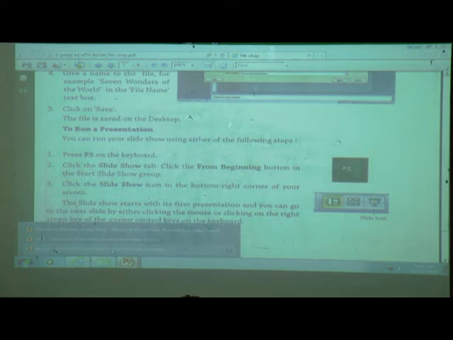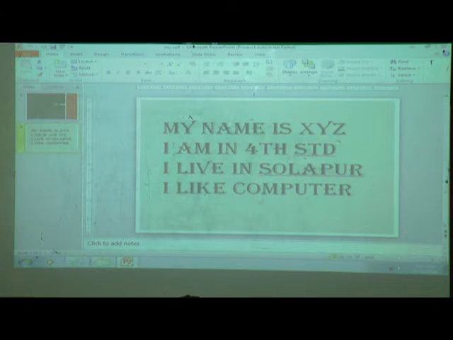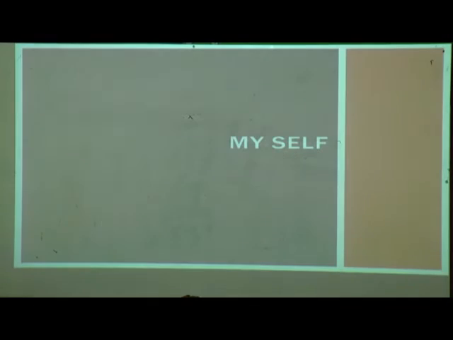We will open this file, myself. You know the keyboard has different keys, and it has function keys also, right? From F1 to F9 function keys are there. Then press which key? F5. Now I am pressing F5 on the keyboard. Then you can see the changes. Then you can see this slide only in a large format, or a big format.